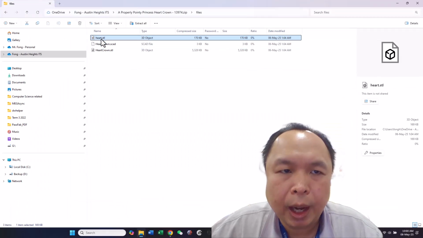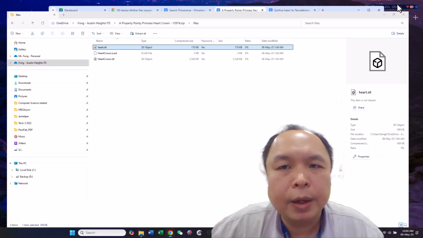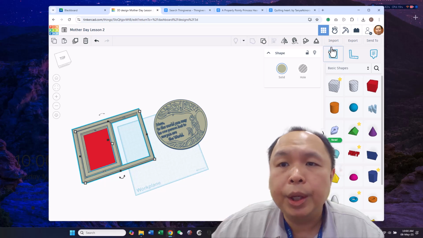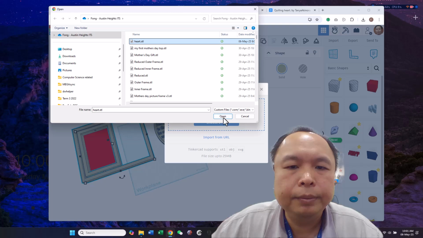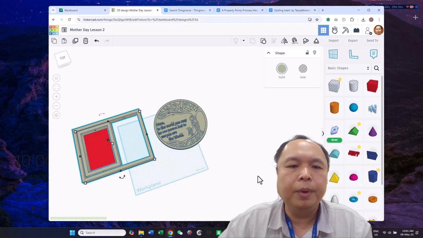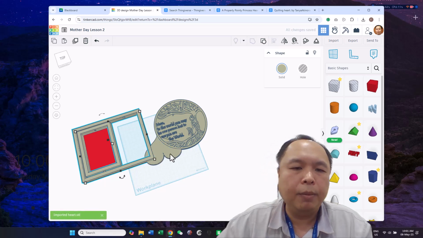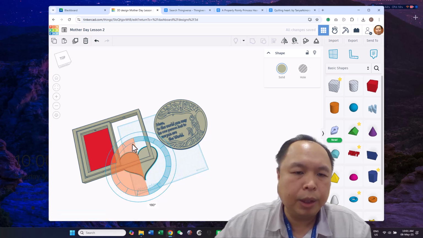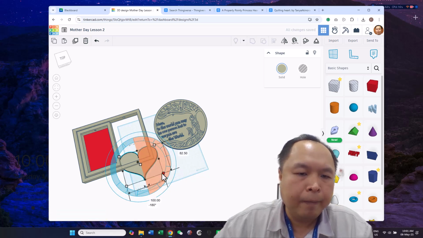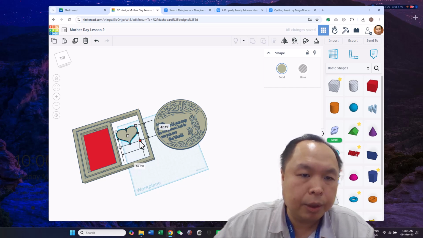You see the heart in here. Right click, copy and paste somewhere, and you can find the file. Come back to here, go to import, choose file, heart, import. Okay, when you import this object, you will find the object might be slightly bigger than what you expect. So what you do is you turn this object, then you can adjust it into the size you want by holding down the shift key